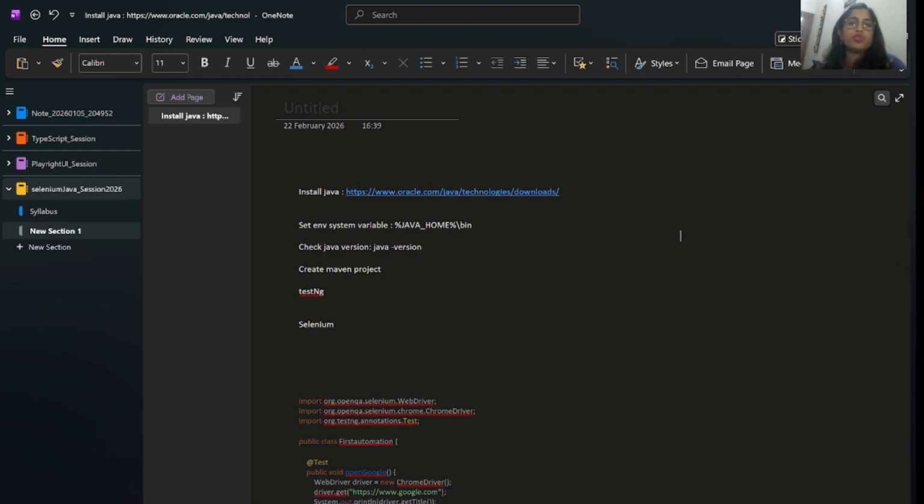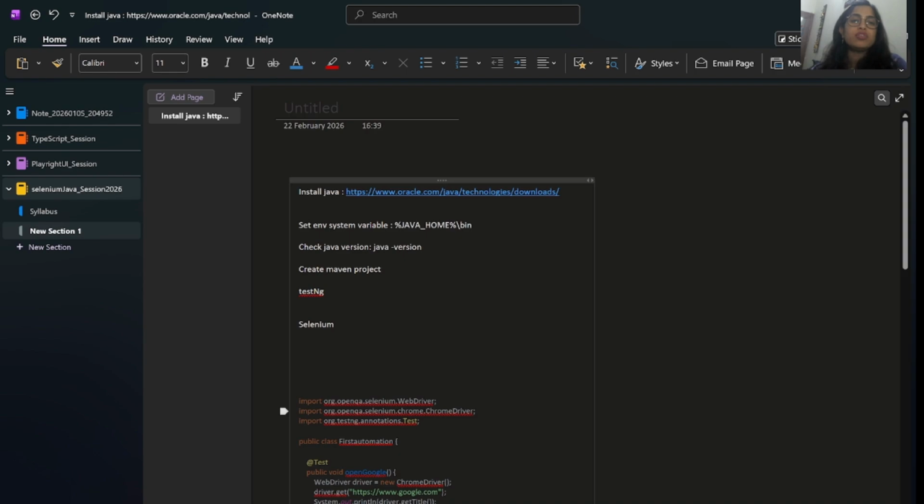So today I'm going to show you how you can install Java and how you can write your first code in Selenium. So basically we are trying to create an automation framework and we are trying to understand all the things about Selenium. So what will be the first step? That we are going to perform today in a very simple way. Also we will see what was there earlier in Selenium and what has changed for now.